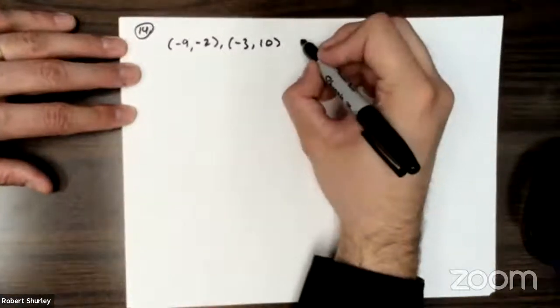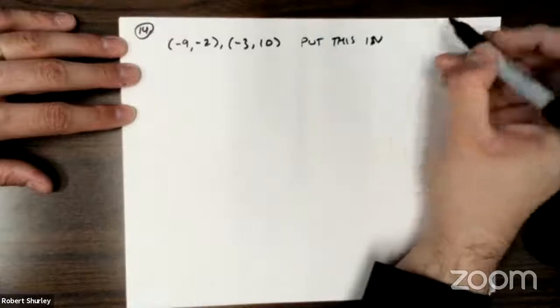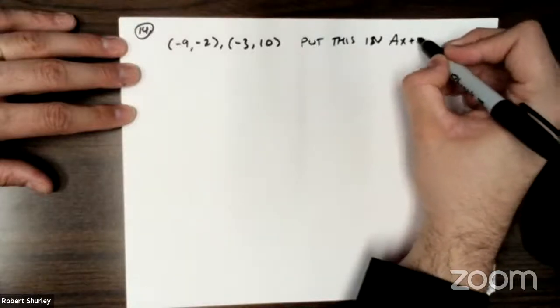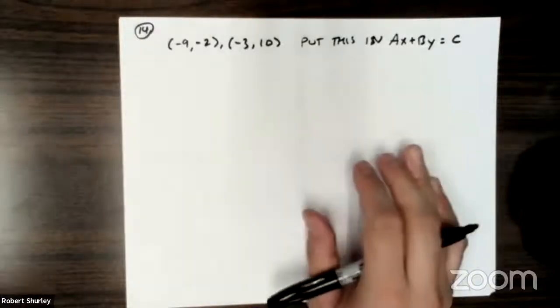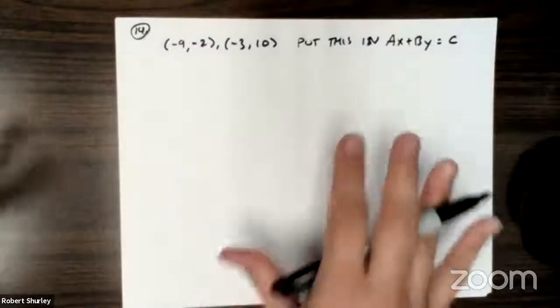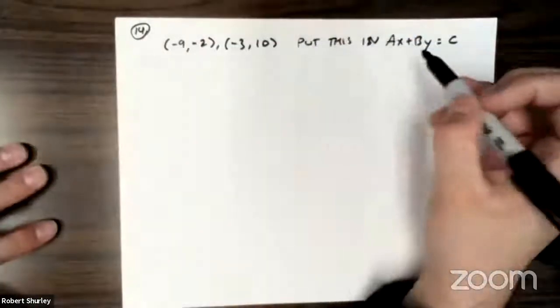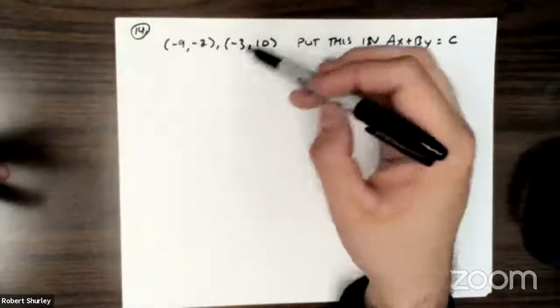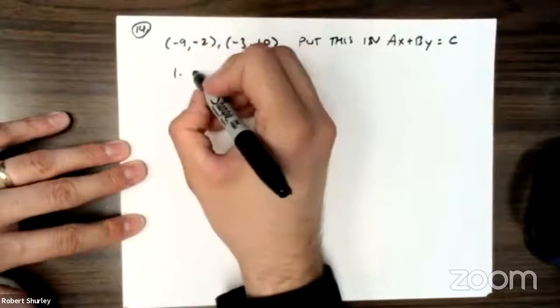And they want us to put this in standard form, right? Ax plus By equals C. Okay, again, I'm going to follow the same exact steps I did before. First, I'm going to put it in point slope form. I know it says put it in this form. Well, we can't go from 2 points to this form. So the first thing I'm going to do, step 1,